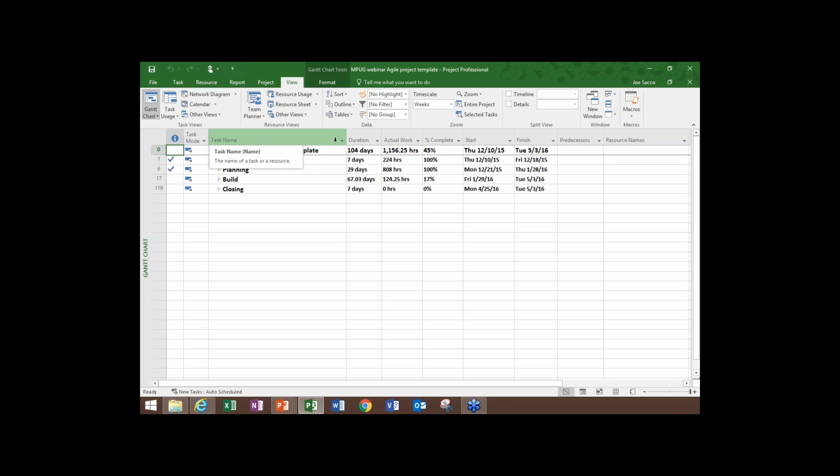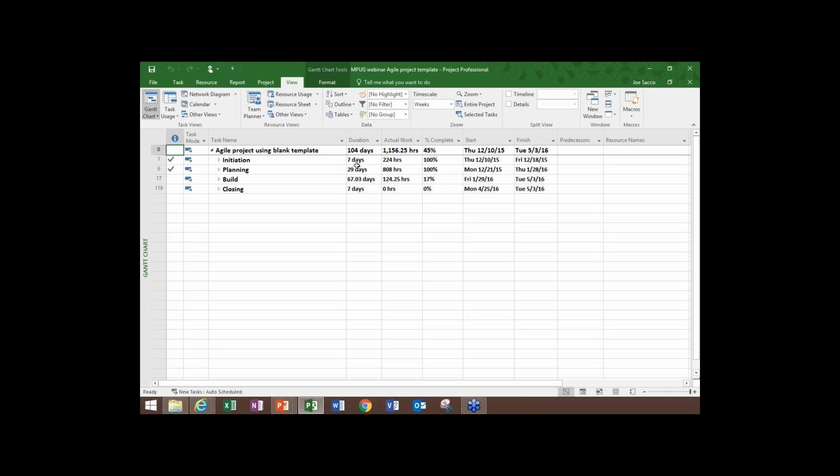So you can see we're actually at level 1. So those of you familiar with the outline function under the view know that this is level 1. And if you look at level 1, it looks pretty waterfall. We have initiation, planning, the build, the closing step. We're 45% complete with the project. We have a couple of phases. This project was actually progressed, so I wanted to let you see that. Again, I started this with a blank template. I'm using Microsoft Project 2016, and the assumption that I'm using is a 4-week sprint, so basically 20 working days here.